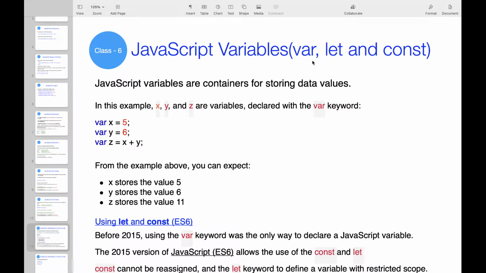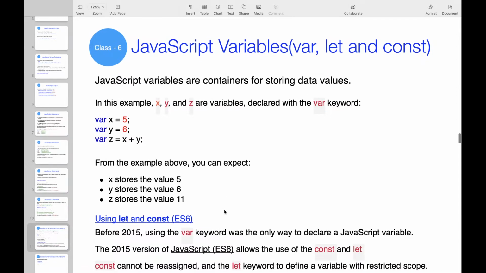There are three kinds of variables: var, let and const. Just now we have seen var, and let and const will come, which I will explain in the next slides. Let and const were introduced in 2015. In 2015 a new version of JavaScript was introduced, the sixth version, also called ES6.